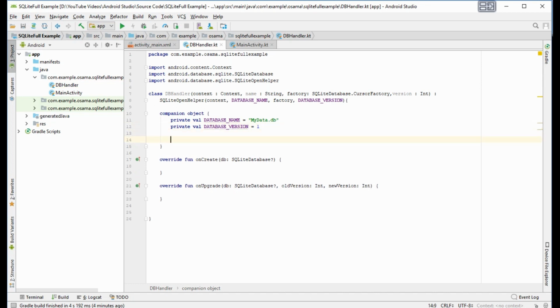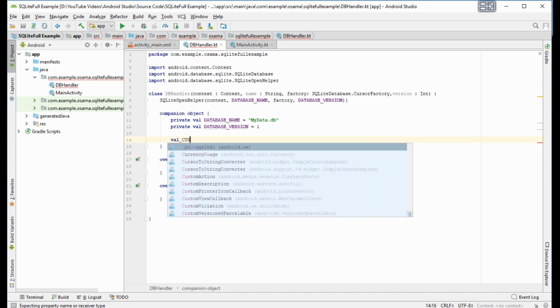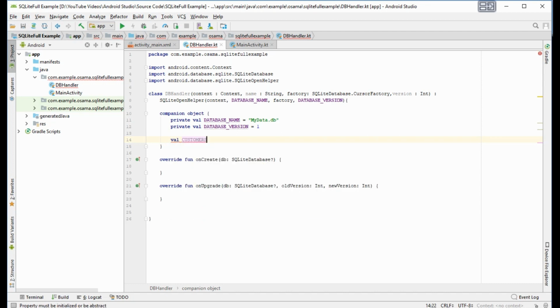And now we want to define the first table, val customers table name. It will be customers.